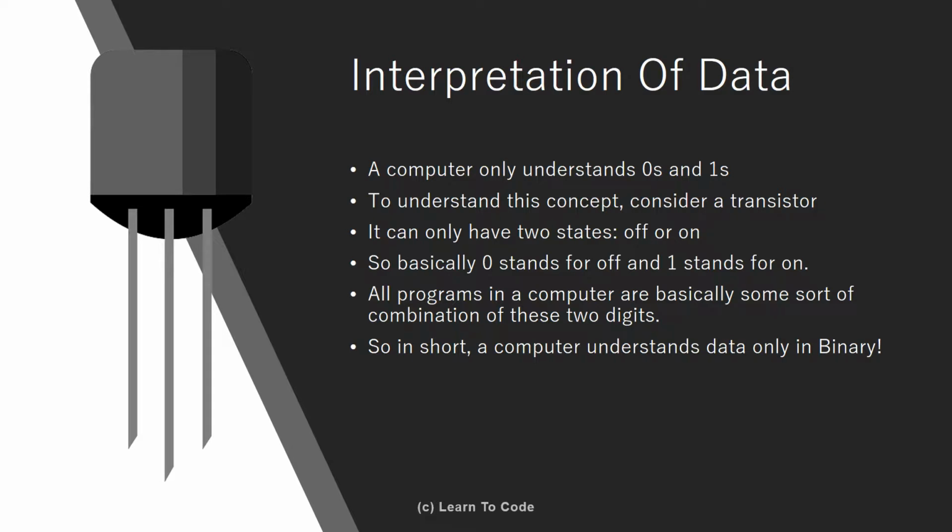Now let's go through how a computer understands data. A computer basically consists of logical circuitry. We are talking about billions of transistors which are responsible for carrying out a diverse range of tasks. But behind all of that, it is basically either zeros or ones which make the difference. We are talking about binary numbers over here, of course. In a transistor, 0 stands for off and 1 stands for on. All programs in a computer are basically a combination of these numbers and tell the computer what to do. The main thing to understand is that a computer only understands data in binary and no other language.